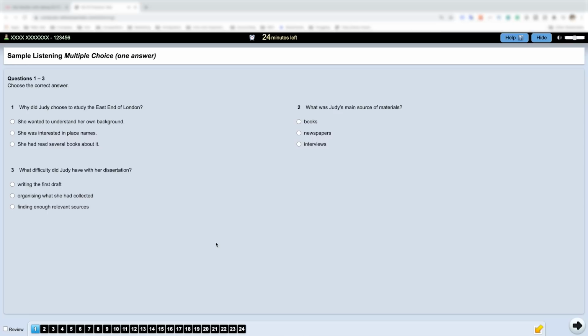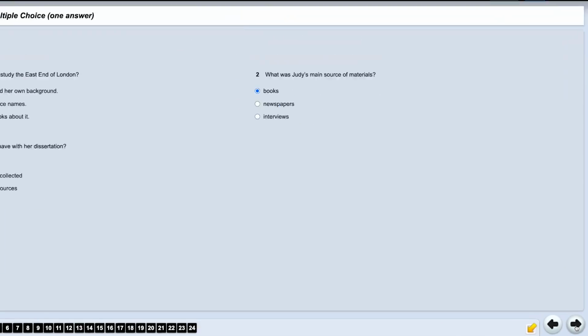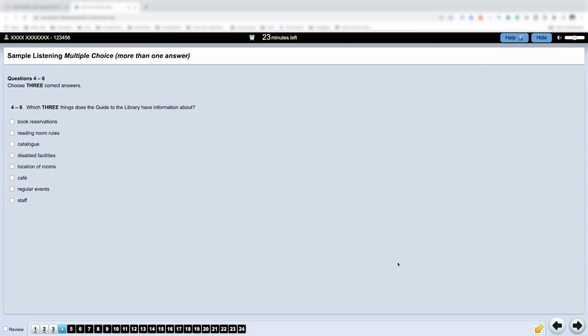And actually, I find that selecting answers to your questions is easier here. You can simply click to select an answer. And if you want to change it, you can click again and remove it, or you can simply click on the other answer and it will move automatically. You can click here to switch between sections. Sometimes you need to select 2 answers. And again, you can click again if you want to remove an answer.